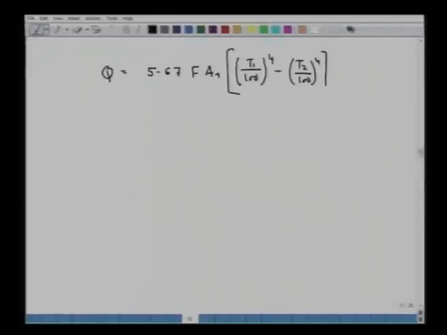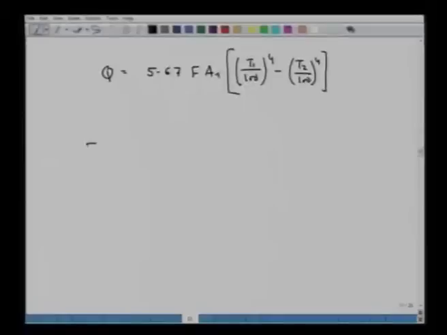Now, remember, here the effect of emissivity of surfaces we have embedded in a parameter F, which is the view factor, and we are now considering that the view factor will also be influenced by the presence of emissivity in such a way that the value of F is equal to 1 upon FBR